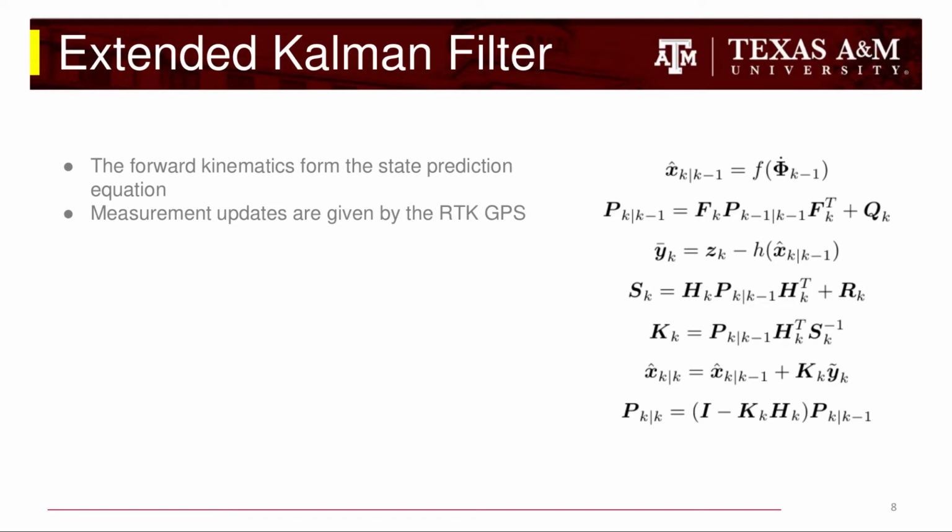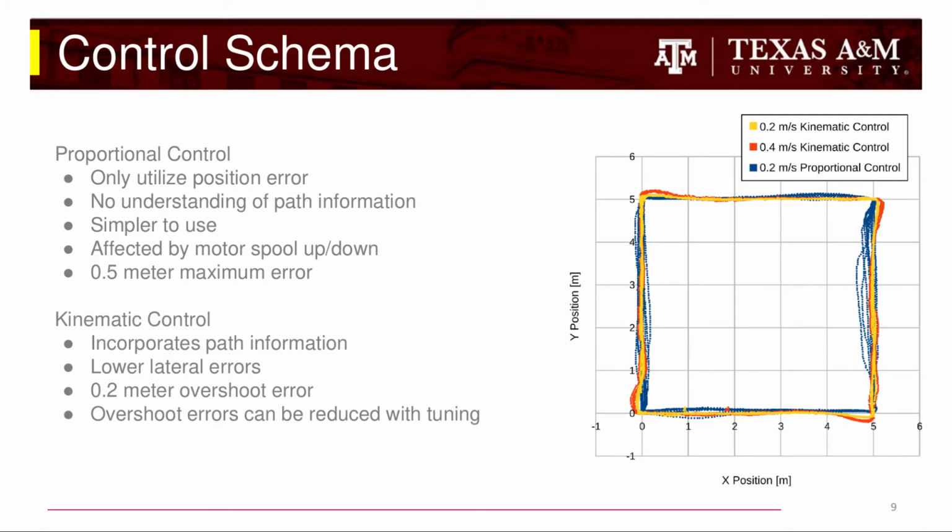Beyond that, the standard extended Kalman filter equations were used. In the development and testing of this platform, we used 2 different control schema. The first being proportional control, which only utilized position error. This completely ignores any kind of path information, and while being much simpler to use, is affected by motor spool